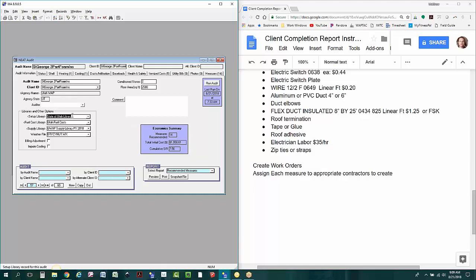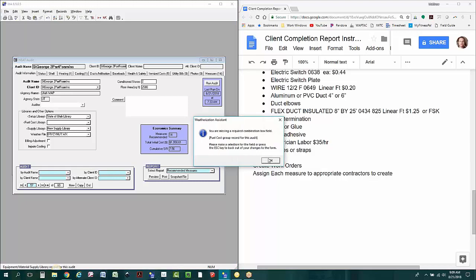Oh, I'm going to have to change my, oh, it should be there. Setup library. My new supply library, okay. So if I go into my itemized cost,